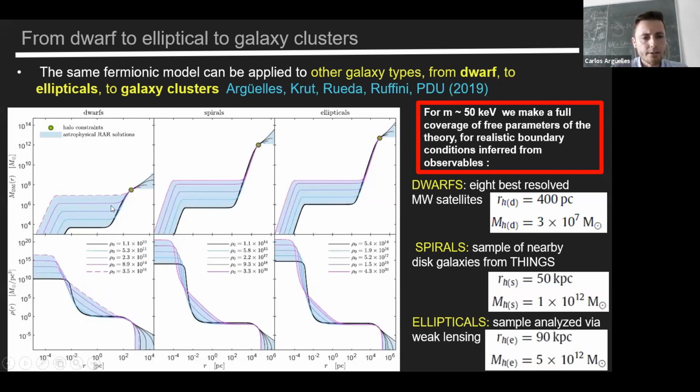We are able to fit this data, and interestingly, it can be shown, for example, in the case of dwarfs, that the core masses,